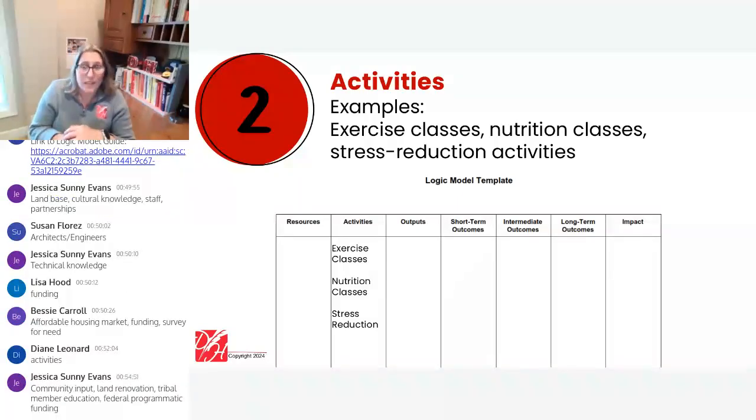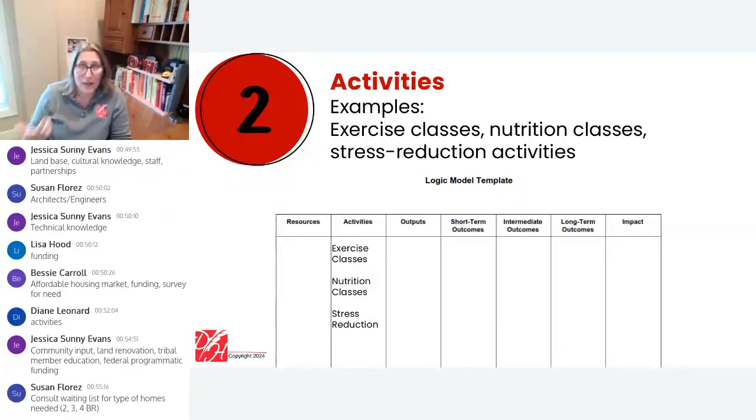What you are brainstorming here is actually the answer to the question that is so common in grant applications. Please describe the activities you will undertake with this grant funding. Your answer should come straight from this column. Depending on the number of characters, or the word length, or the page limit that you have, you might get to add some real detail to it. Or maybe you only get to have 3 sentences and you say, in order to achieve this program, we are going to offer exercise classes and nutrition classes and stress reduction workshops.